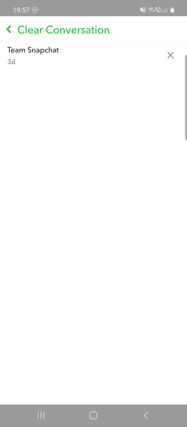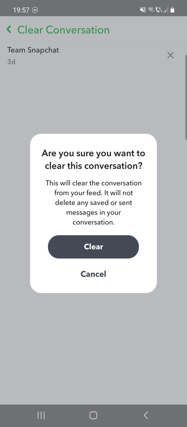I do not have only this one, the Team Snapchat. But if you click on this cross, it will show: are you sure you want to clear this conversation? And this will clear the conversation from your feed, it will not delete any saved or sent messages in your conversation. And if you want that cleared,